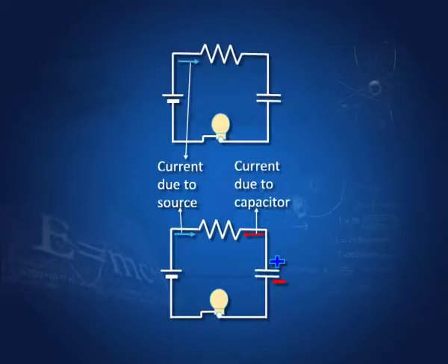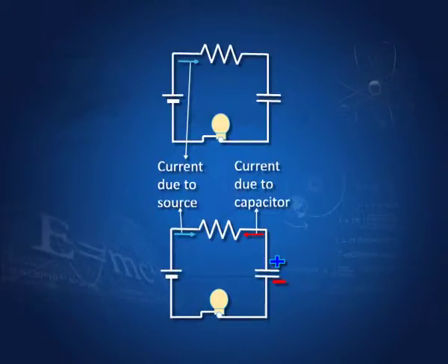Now, let us see how a capacitor works. Look at the circuit shown here. When the DC source of voltage V is connected to the capacitor, it starts getting charged. The plate connected to the positive terminal accumulates positive charge, and the lower plate accumulates negative charge. While it is being charged, a transient current flows through the circuit shown by the